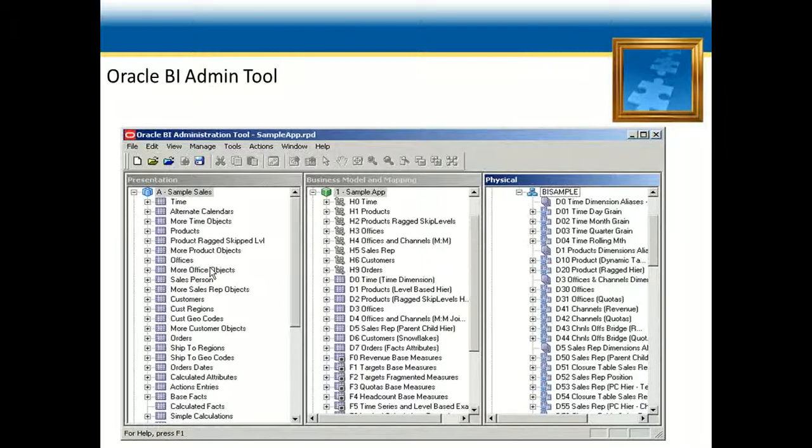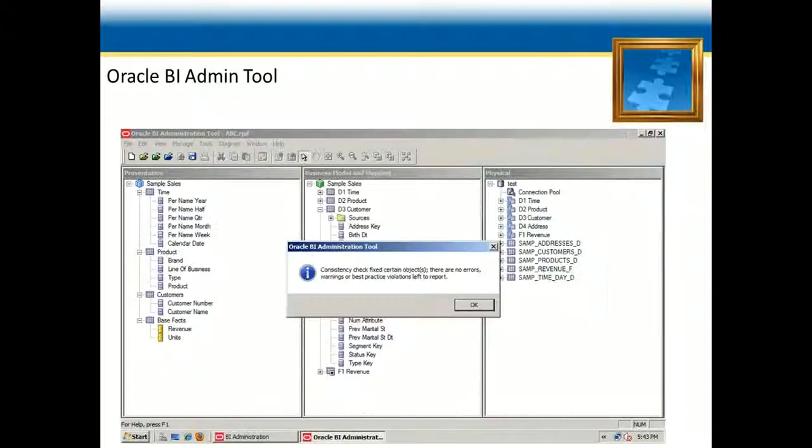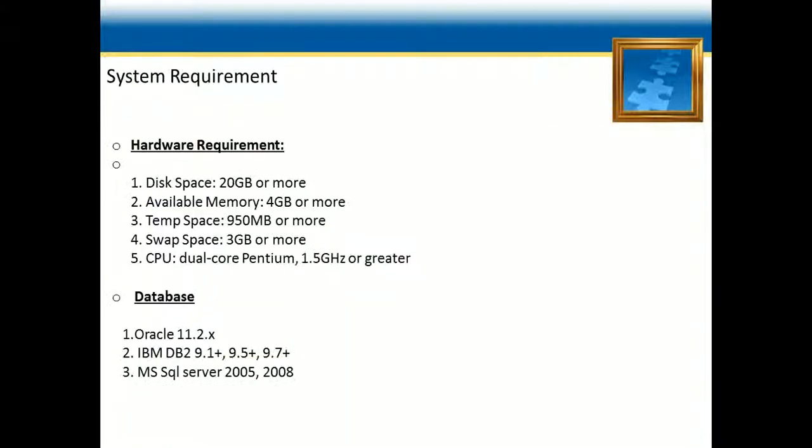So in online mode, you can have administration tasks, that is, manage scheduled jobs, manage user sessions, manage the query cache, and the clustered servers. Much more is there in the OBI tool, but we'll have these as an overview. After creating all the three layers, you have some consistency checks which are to be fixed in this layer only, so that you can have a good reporting side for the user.